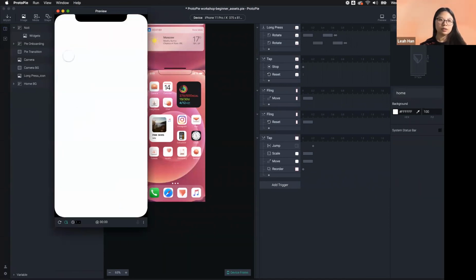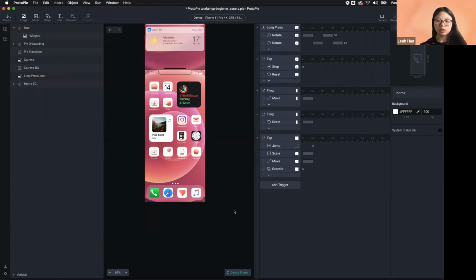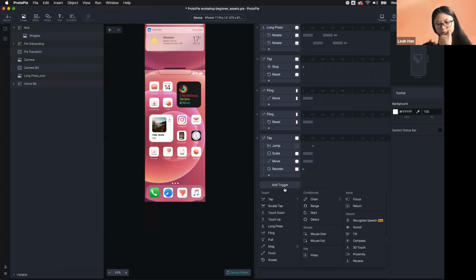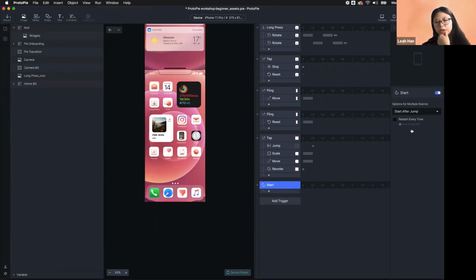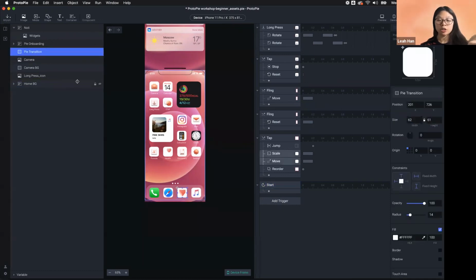So when I go back, you will see the onboarding page, and then I want to say, start. Let me try start. So start is start after jump. Because you will jump back to scene one, right? So the start is after your jump, or you want to start with your jump. You can set up when this interaction happens. So let's say after jump. After jump, then I want this Pi transition to